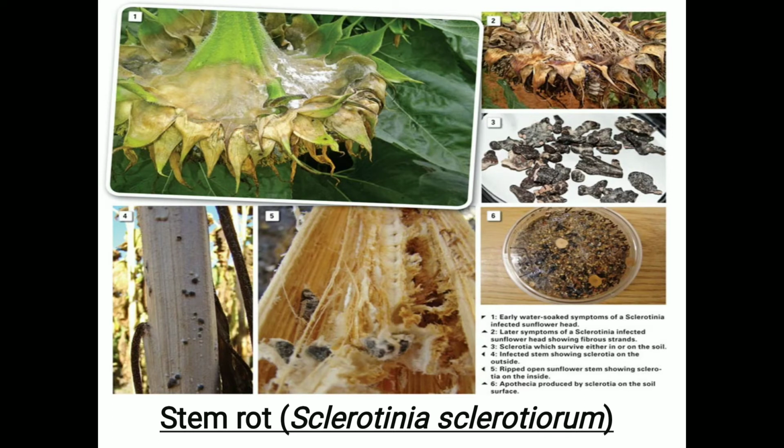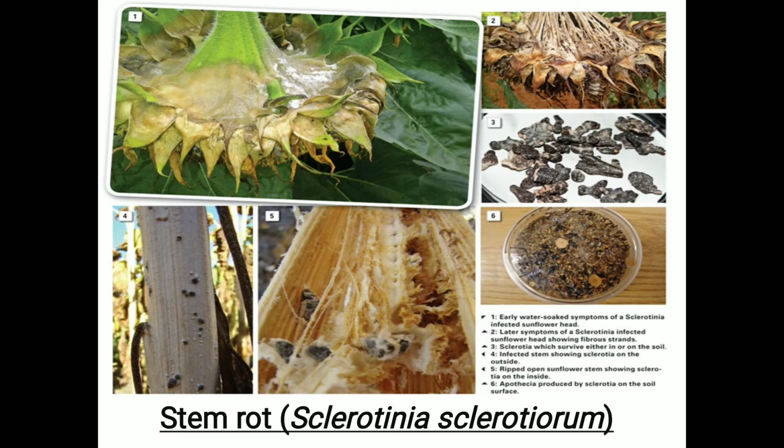Which is the typical symptom? Brown to blackish mustard seed like spores are observed inside the stem, and that fungus plugs the xylem and phloem vessels. As we know, xylem is the water conducting tissue and phloem is the food conducting tissue, but due to the breaking of the xylem and phloem vessels, after some time the entire plant becomes wilted. So this is about the stem rot disease of sunflower.